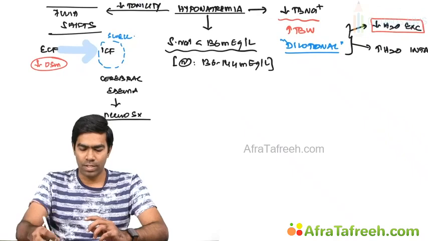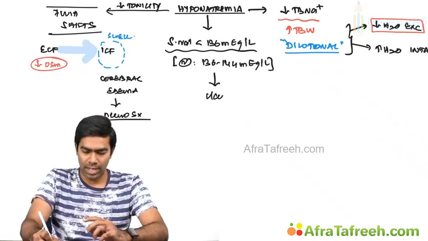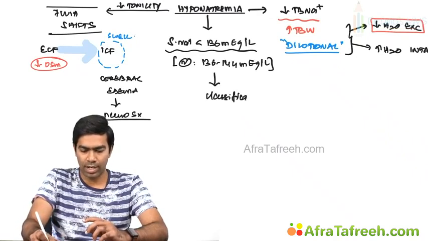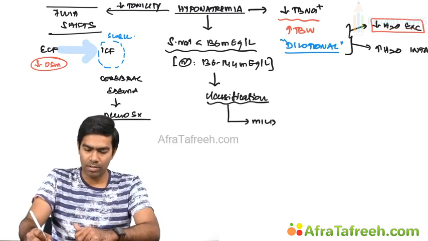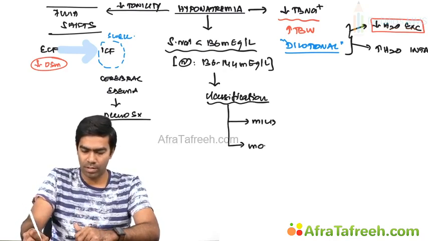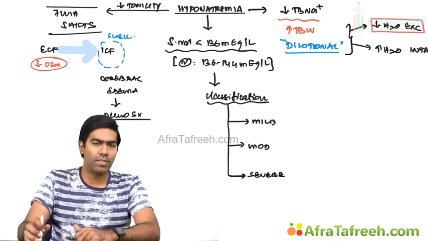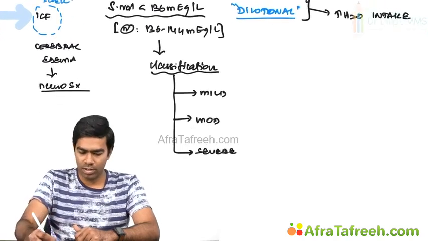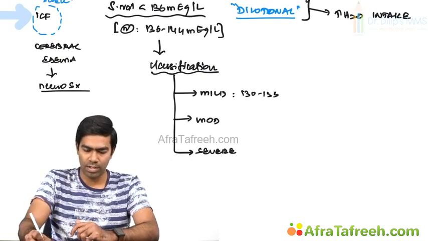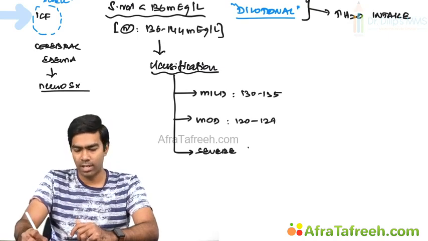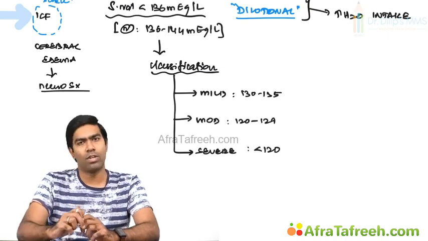Now, without wasting much time, let us move on to the classification of hyponatremia. How are you going to classify hyponatremia? Hyponatremia can be classified into mild, moderate, and severe hyponatremia. According to the values, mild hyponatremia is often defined as sodium in the range of 130 to 135, moderate hyponatremia as sodium in the range of 120 to 129, and severe hyponatremia as anything less than 120